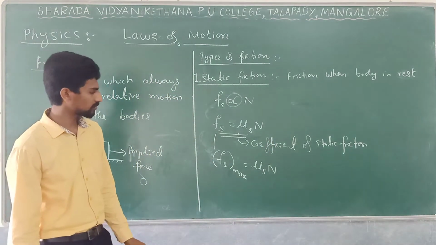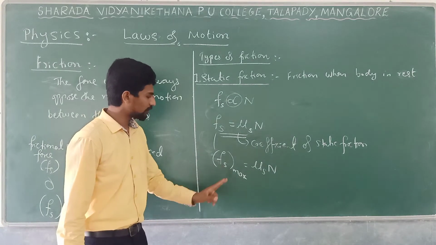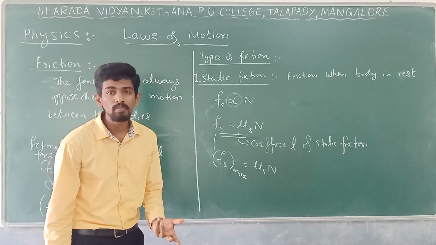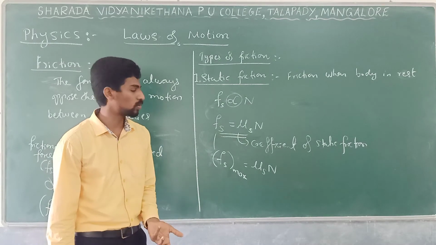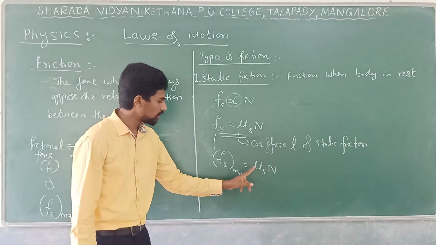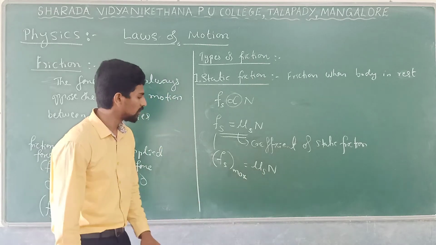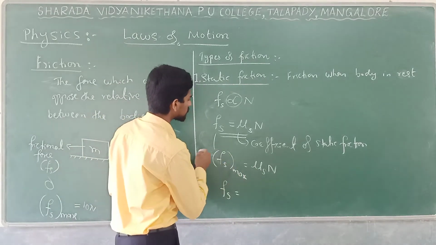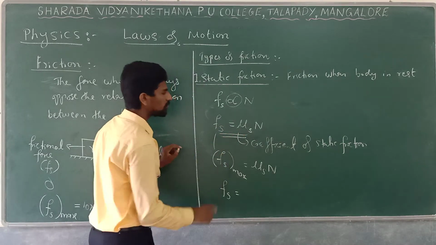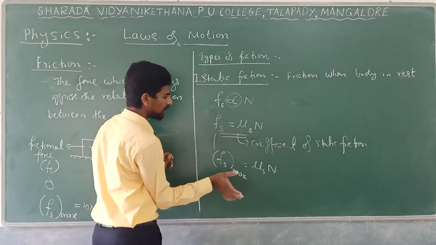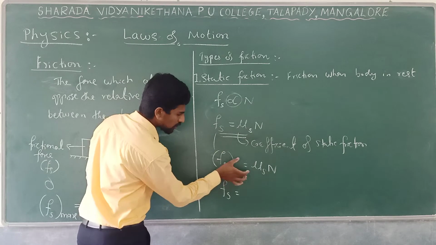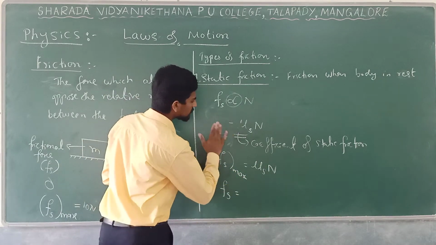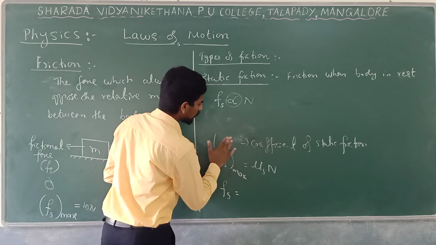So here the maximum value of static friction is given by this much, but the minimum value is equal to 0. So Fs maximum is equal to mu s into N. If I write it simply as Fs, it will be confusing and it is not the correct meaning. Fs maximum is equal to mu s into N, the maximum value, is correct. So if I write like this, it leads to confusion.